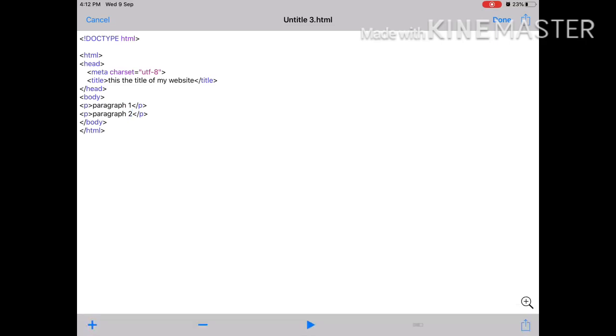So what our browser will display is like this. Our Chrome browser gets the info that we are using two different P elements, and in the first P element there is paragraph 1, and in the second P element there is paragraph 2. So the Chrome browser understands that there are two different paragraphs. It writes all the text in the first paragraph, then leaves a line and writes all the text in the second P element.